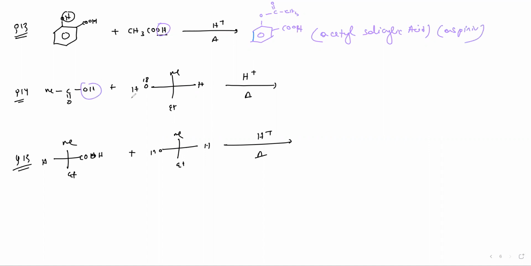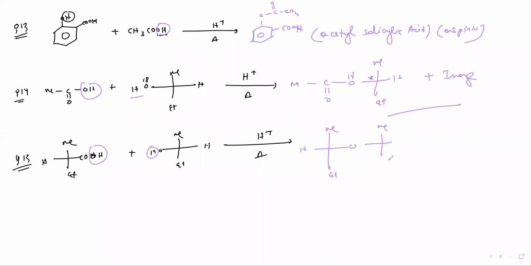In this case, again OH and H. Now this becomes a chiral center. That means an image is also possible. Again OH and H. Okay. So this type of compound is possible. Any doubt regarding this part? So esterification reactions completed.